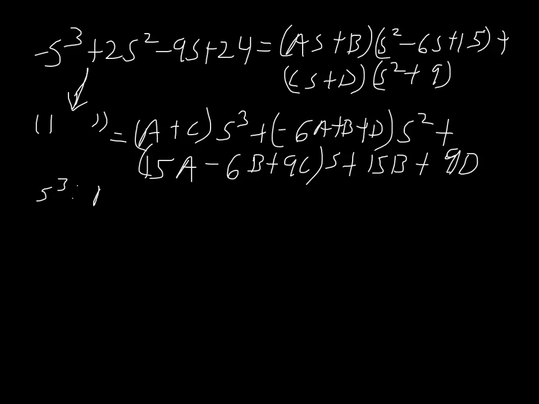Alright, so now we're just going to write the stuff to solve for our variables. So a plus c equals negative 1 because there's a negative in front of the s cubed on the left hand side of the equation. So then negative 6a plus b plus d